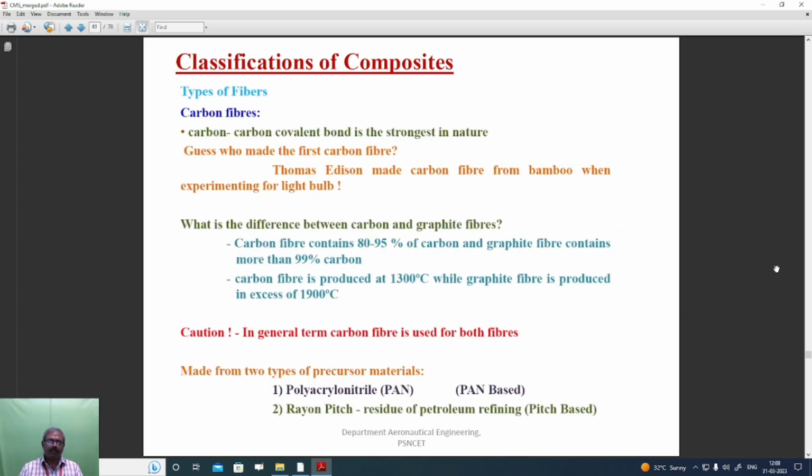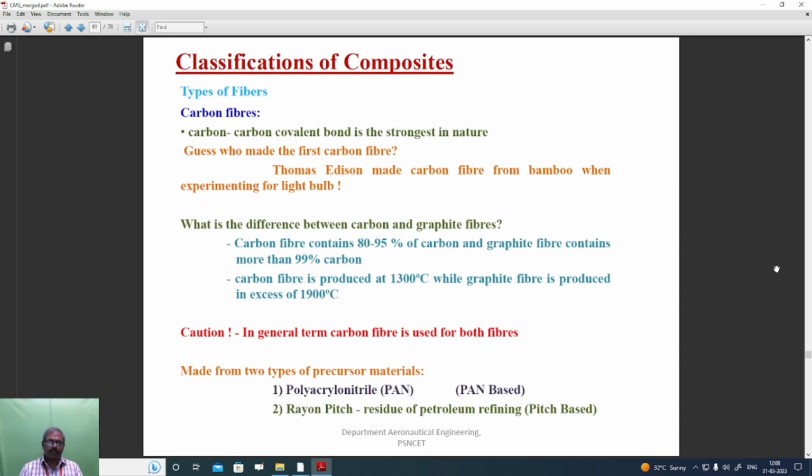Then carbon fibers. The carbon-carbon covalent bond is the strongest in nature. Thomas Edison made carbon fiber from bamboo when experimenting for the light lamp. The difference between carbon and graphite fibers is that carbon fiber contains 80 to 90% carbon and graphite fiber contains more than 99% carbon. The carbon fiber is produced at 1300 degrees centigrade while graphite fiber is produced in excess of 1900 degrees centigrade. In general terms, carbon fiber used for both fibers is made from two types of precursor materials,